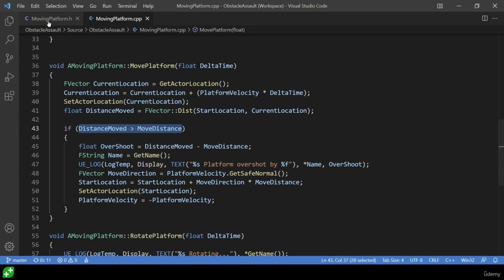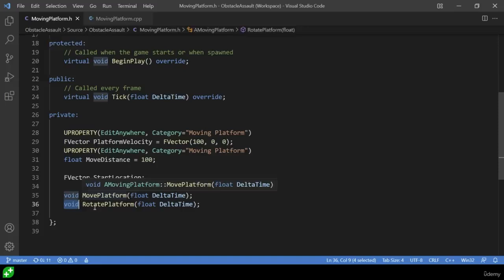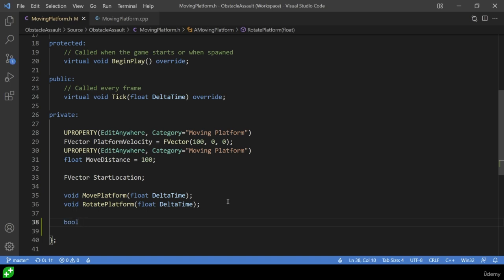Well, the way we do it is simply by using a type instead of the void. So if we were to want to return a Boolean expression, we could type bool like we would for a variable. But the thing that distinguishes the function from the variable is the fact that we put parentheses after it. That makes it a function rather than a variable. And what we could do is call it ShouldPlatformReturn. And then we put our parentheses. In this case, I don't have anything that I want to pass in as an argument to this function, so I can just leave the parameter list empty, put a semicolon at the end of the line,